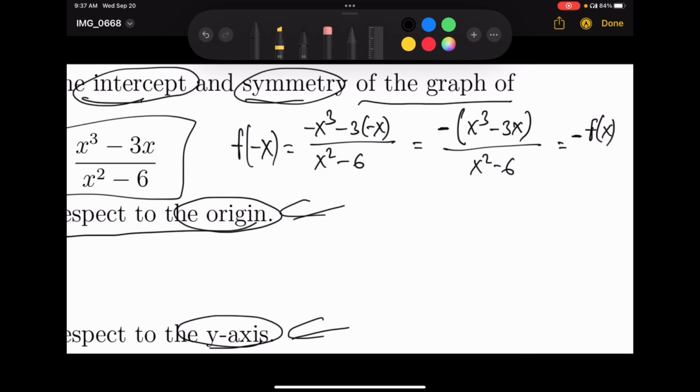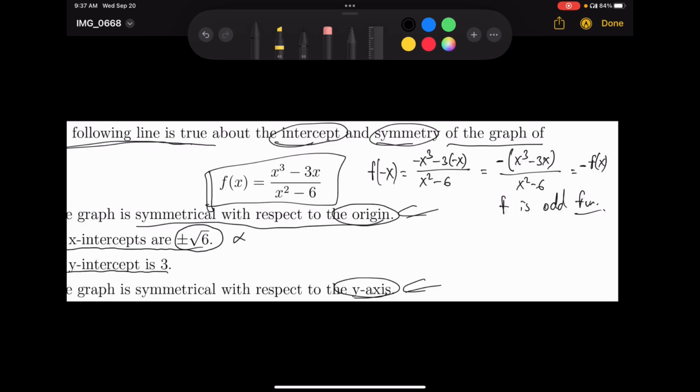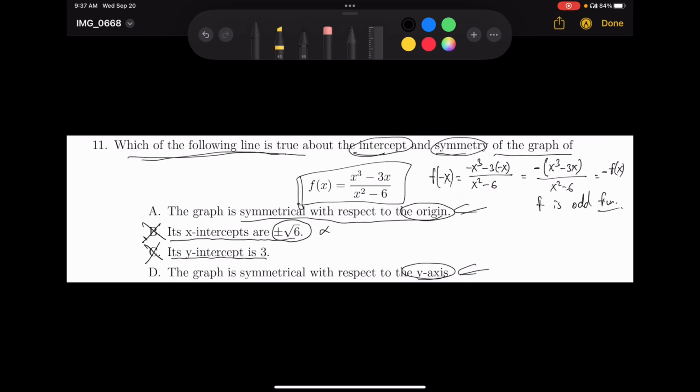Now this function is an odd function, okay. F is an odd function. So as we know odd function ከሆነ they are symmetrical with respect to the origin. Therefore the መልሱ ማን ነው ማለት ነው? a ነው ማለት ነው መልሱ፣ okay።